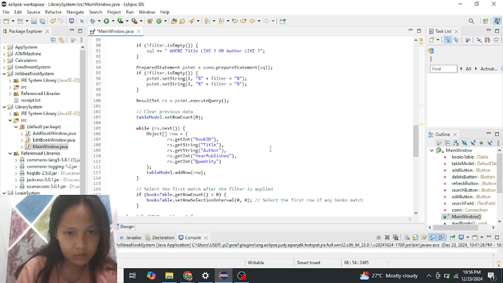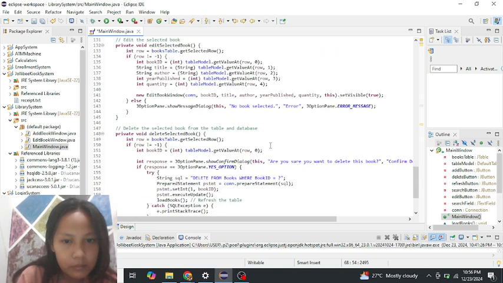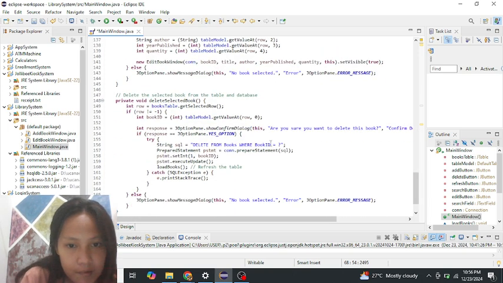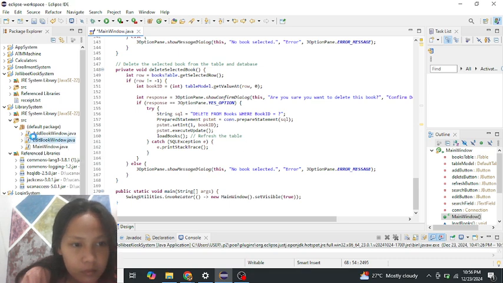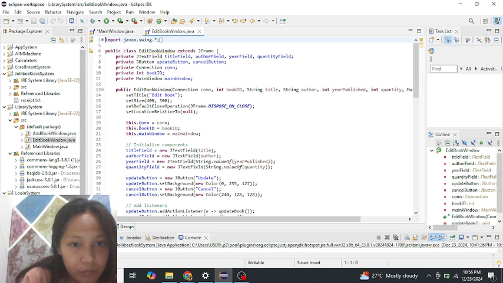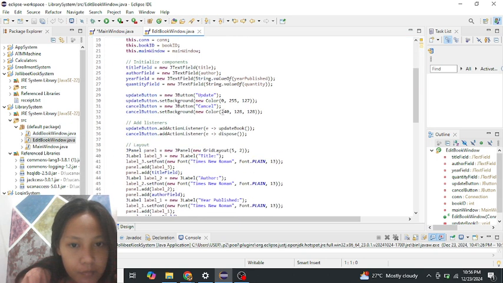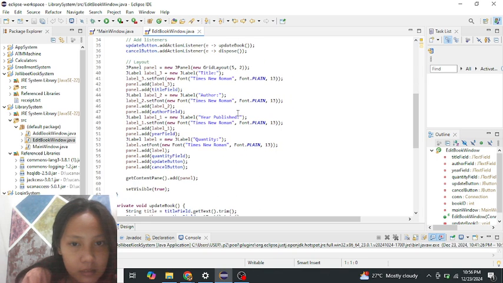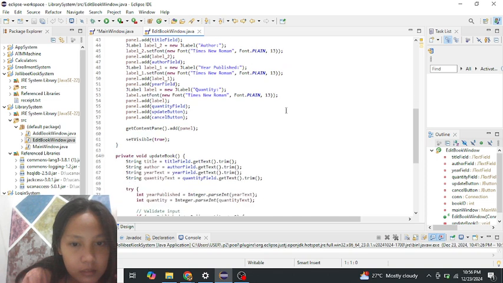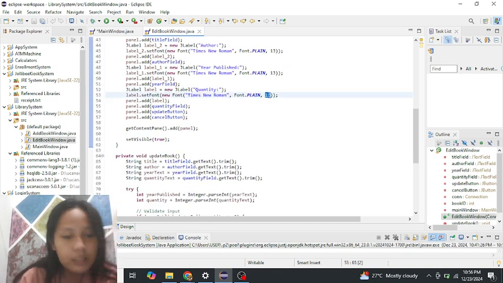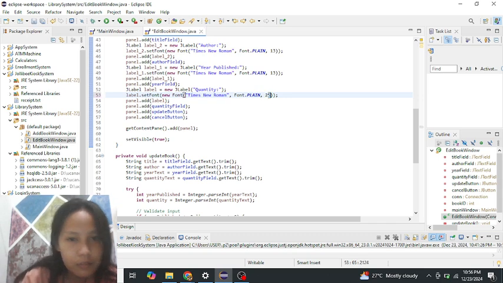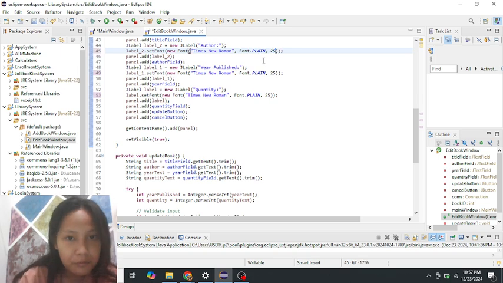And color is... and let's try editing this. 25, 25, 25.